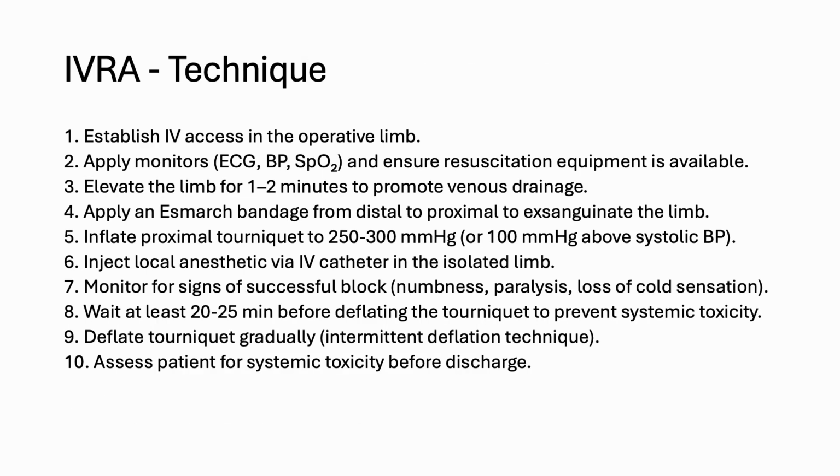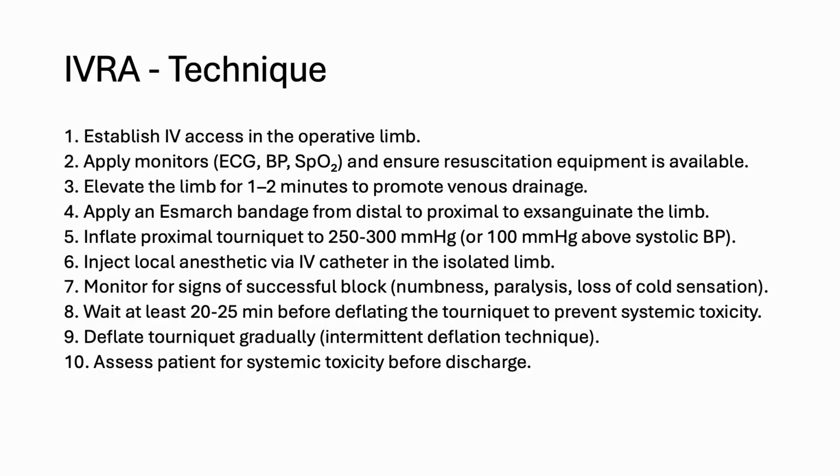So how are we going to do this? We're going to establish IV access in the operative limb. Okay? We're going to apply all of our normal monitors and ensure that we have resuscitation equipment available. We're going to elevate the limb for 1 to 2 minutes to help promote venous drainage. We're going to apply an S-mark bandage from distal to proximal to exsanguinate the limb. And we're going to inflate the proximal tourniquet to 250 to 300 millimeters of mercury or 100 millimeters of mercury